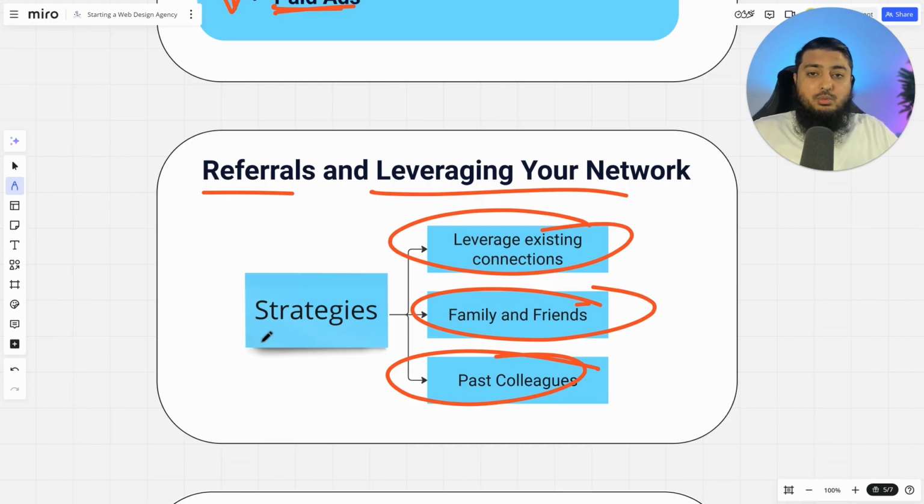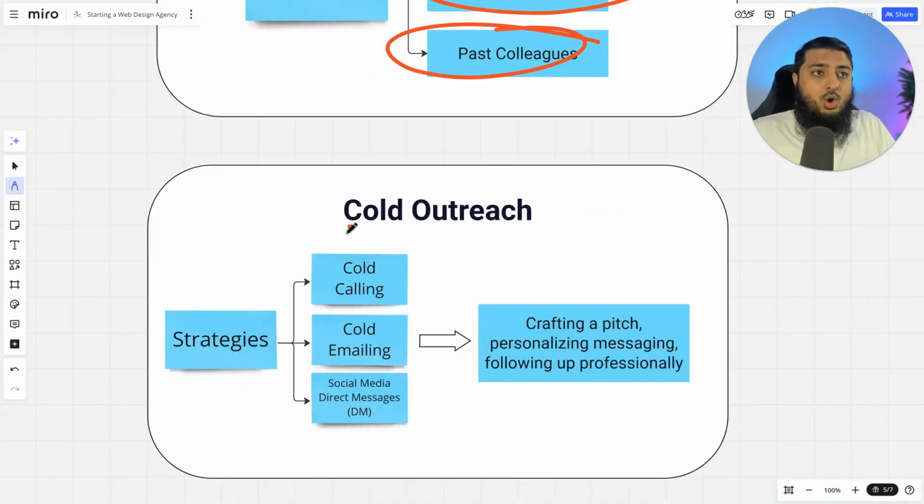The reason this is going to be the easiest strategy is, one, it doesn't require too much effort on your end, and also is very, very cost effective. It is as simple as contacting some of them and offering to build them a website. I wouldn't suggest doing it for free. However, I would suggest doing it at a discounted rate so you can get some good testimonials and good reviews from these people. Once you have done this, the next thing that we want to focus on is cold